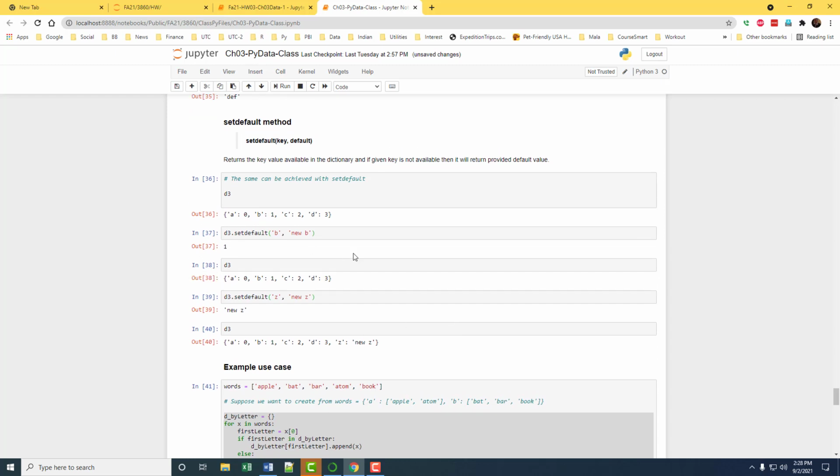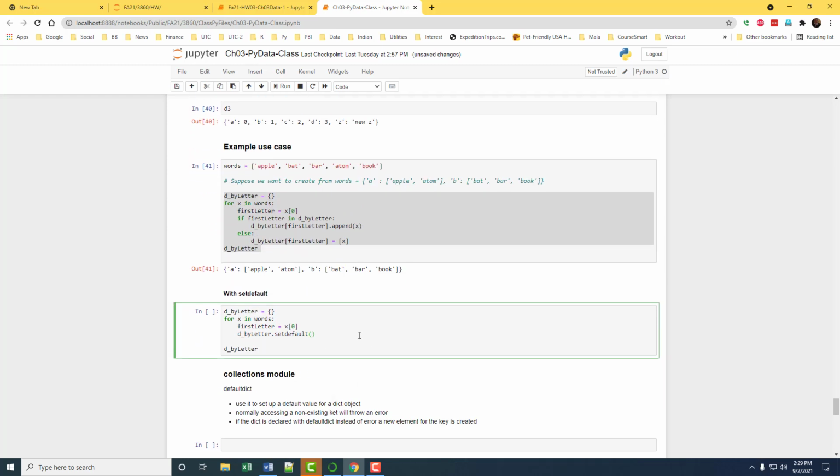So see here, dictionary.setdefault, we give the key and the default value. What this will do is, if the key is already there, it's going to give you the value back. And if the key is not there, then it's going to create an entry with the default value that you set up. So what we will do here is, first letter is the key, and the default value is an empty list.